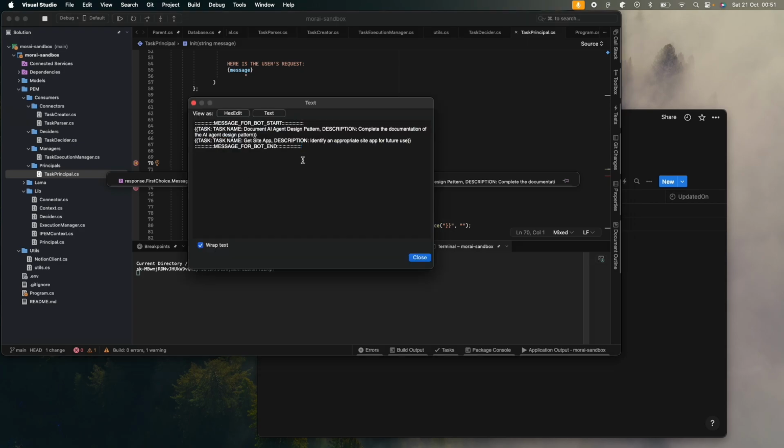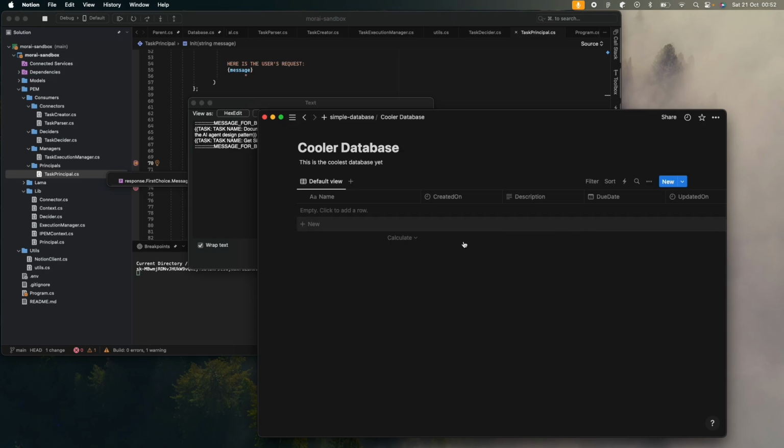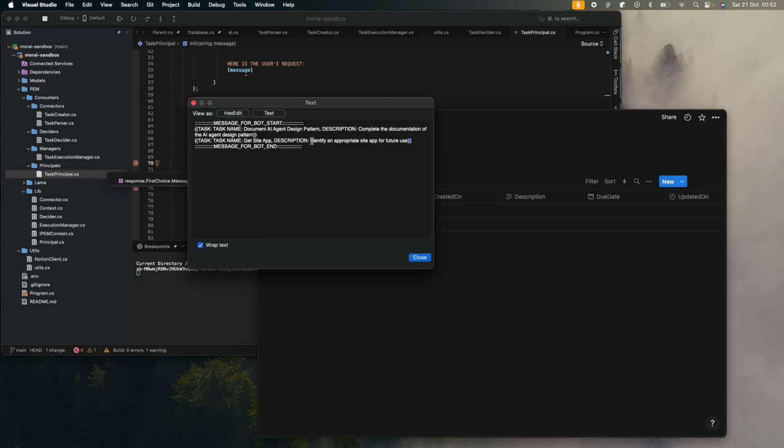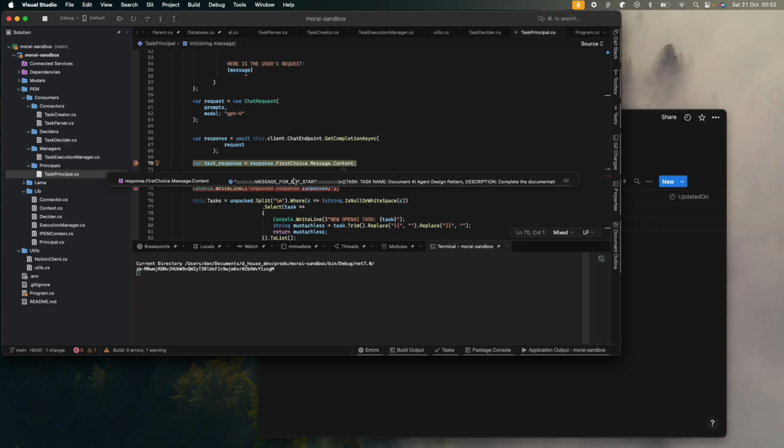So we can see how the AI now formats its responses based on the script rules that we defined. We defined how it should place everything within message delimiters. And now it creates two different tasks. So basing off this, you already know that two tasks are gonna appear here. But now let's go through it really slow. We're gonna start with the first task, then we go to the second one, just sequentially. So let's close that. So now we have